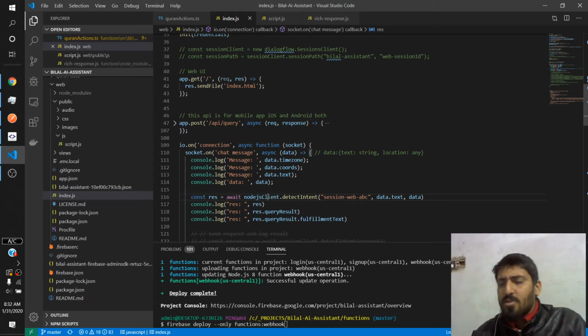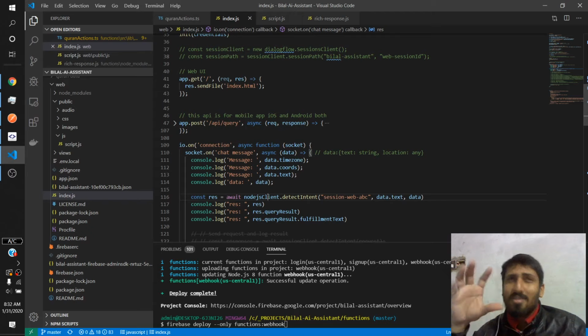In my case, when I send the user query from the website to the server, and the server sends back the response, I have a function in my website which automatically gets run, and which reads the message, whether the message is good or bad,